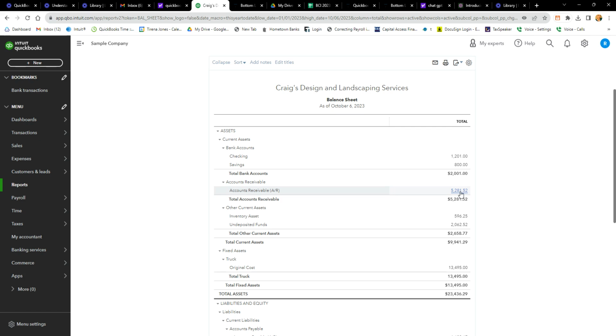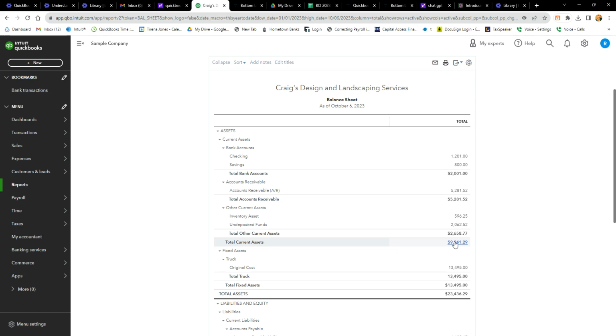Could be either one. So these are your assets, right? And today I'm not going to go into these different categories, but generally in accounting we have different types of assets. So we have current assets, and those are things that can be basically converted to cash in a year or less, right? So we consider checking and savings, accounts receivable, and inventory and undeposited funds all as a current asset, which means that if I had to liquidate that all very quickly, I could liquidate that and get that